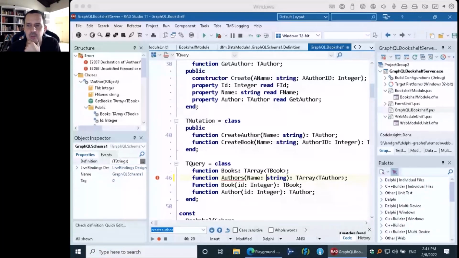Rick is asking, there seems to be a lot of similarities between GraphQL and REST, queries loosely mapping to endpoints. Why would I use one versus the other? I tried to cover this in the very beginning. Of course, there are similarities, but GraphQL gives some benefits. For instance, the schema actually gives you strong typing and introspection, and also you may work with a single endpoint.